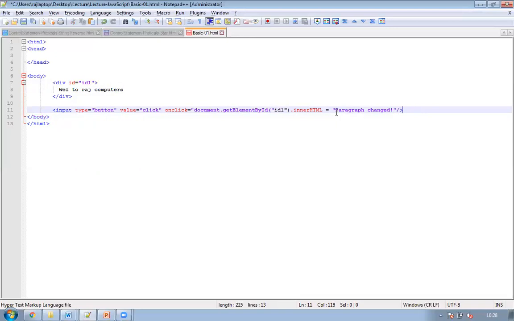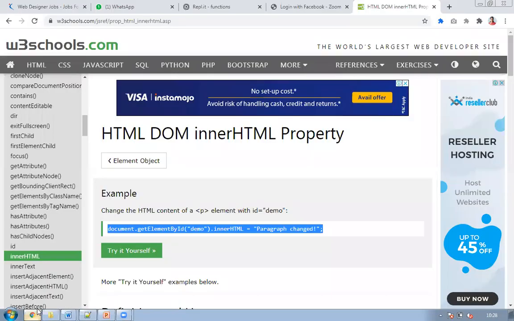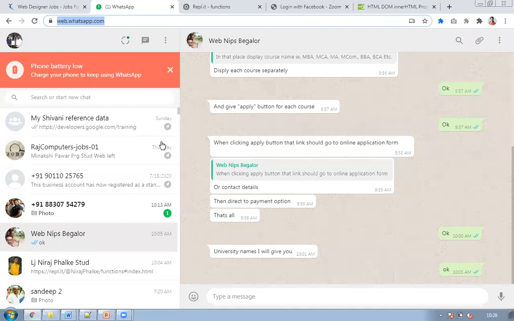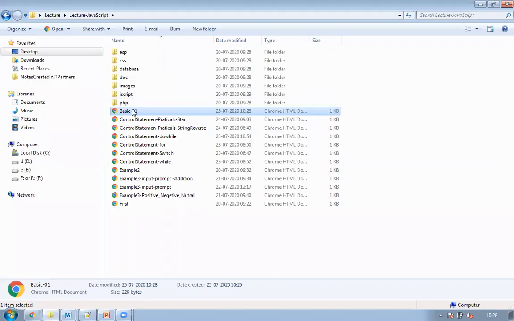Fine. So if this is a text, it has to be in single quote. That means this double quote is changed into single quote. Again, it has to be single quote, otherwise it creates a problem. Now it will just run this program. I'll be coming here. So for example, suppose I just drag and drop it here. So what I do, I click it here. I choose this file.